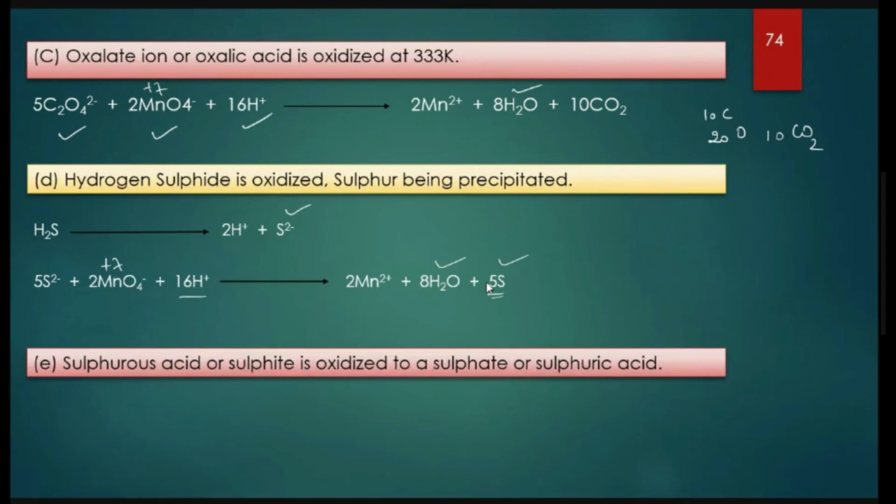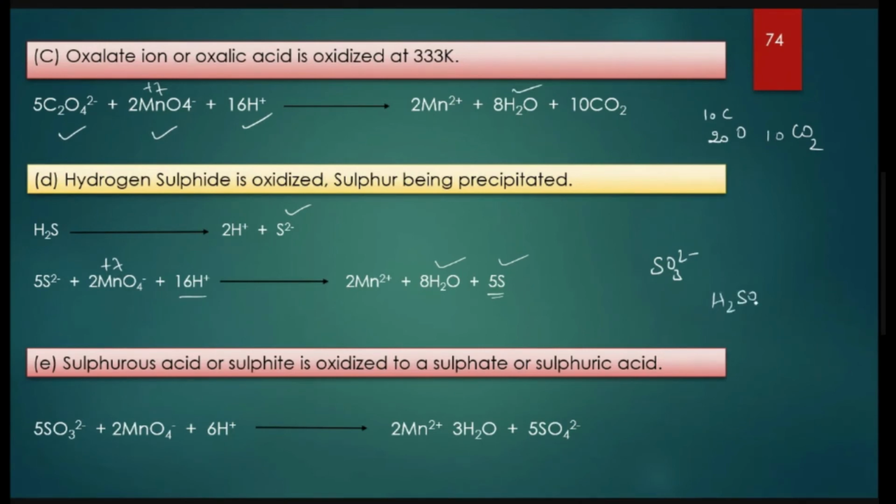Sulfurous acid or sulfite is oxidized to sulfate or sulfuric acid. Here you can see SO3 2-, which may come either from the sulfite ion or from sulfurous acid, H2SO3. H2SO4 is sulfuric acid, H2SO3 is sulfurous acid. When SO3 2- reacts with potassium permanganate in the presence of an acid,